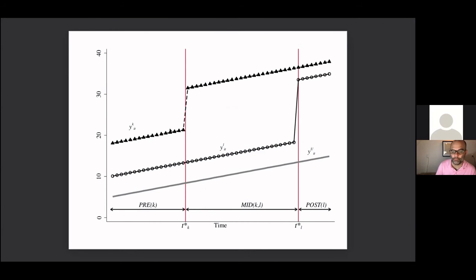So this right here is group K. This is group L, and this is group U. This is the outcomes, and this is time. This right here is K's treatment date, and this is L's treatment date. This is the pre-K period, this is the post-K-L period, and this is the in-between period, the period mid-KL, which is the period between when K was treated and L was treated, right? Okay, so notice